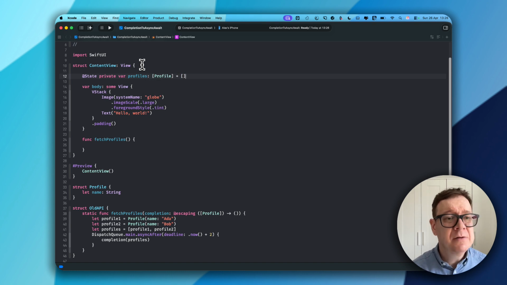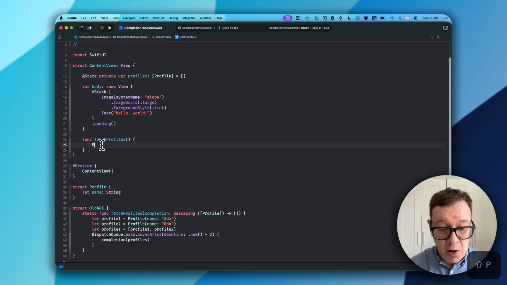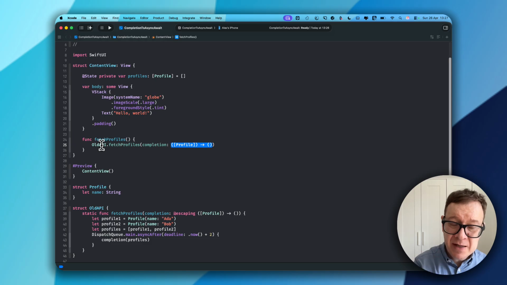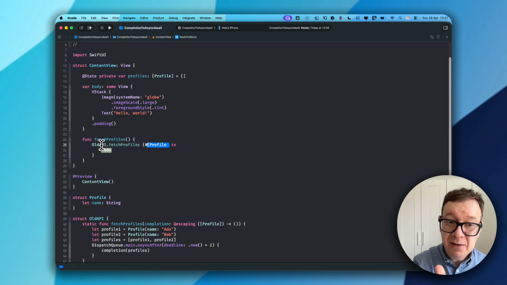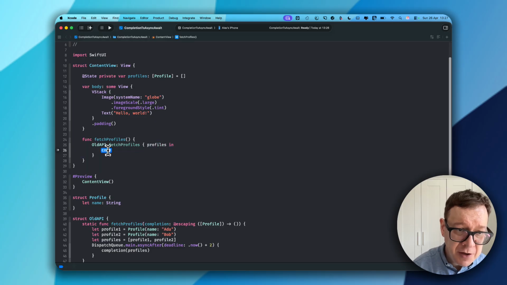I'm not going to add it into a list. It's just fine. We're just talking about how to move from completion to async await. Currently, we would just go ahead and call old API dot fetch profiles, and as you can see, we are going to get a completion. We just going to return, and we are going to have an array of profiles. So profiles, and then after we do get profiles inside our closure right over here after the completion, we're